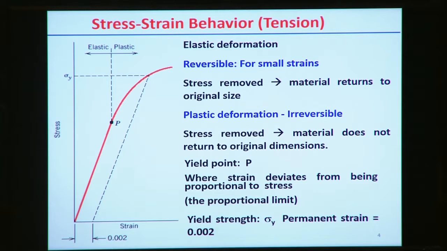Suppose we start from point O. Up to point P the stress is proportional to the strain, which means stress and strain follow a linear relationship up to the limit point P, and that corresponding point P is beside the yield stress value. Up to this point the strain, or deformation, is reversible, in the sense that if we remove the load at point P, the material will come back to the original position, so there may not be any permanent deformation in this case.